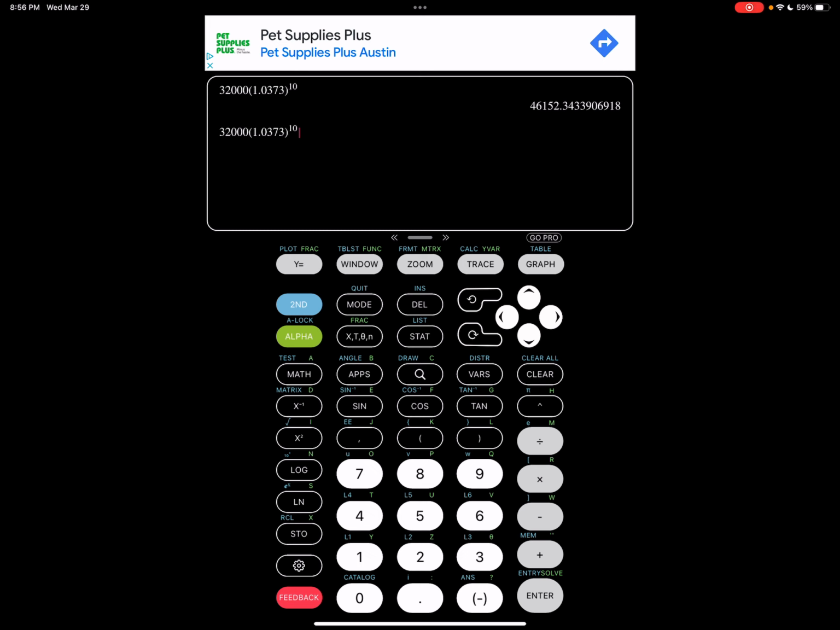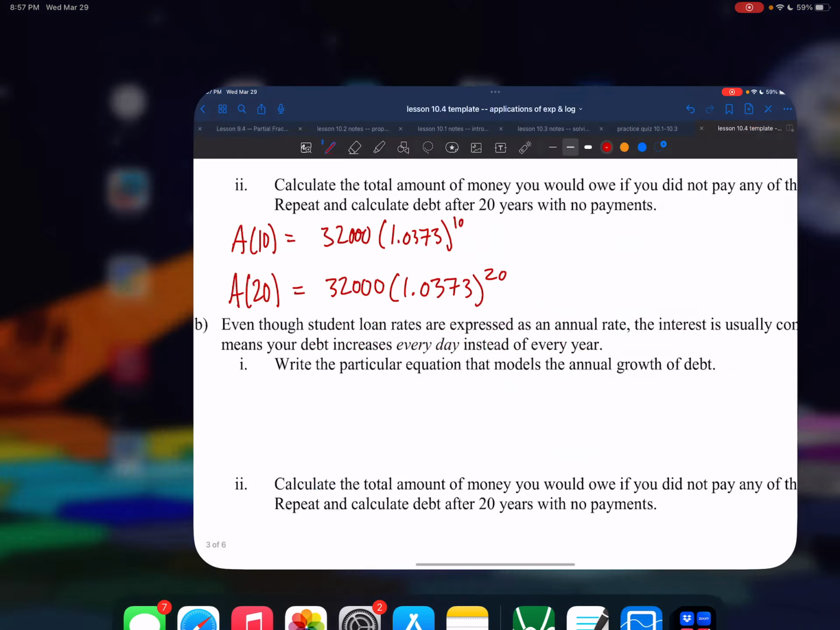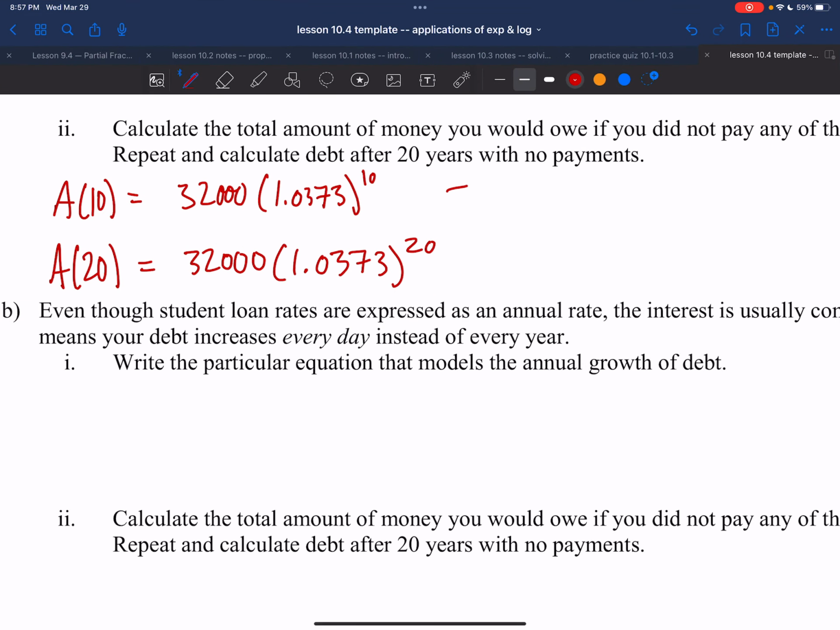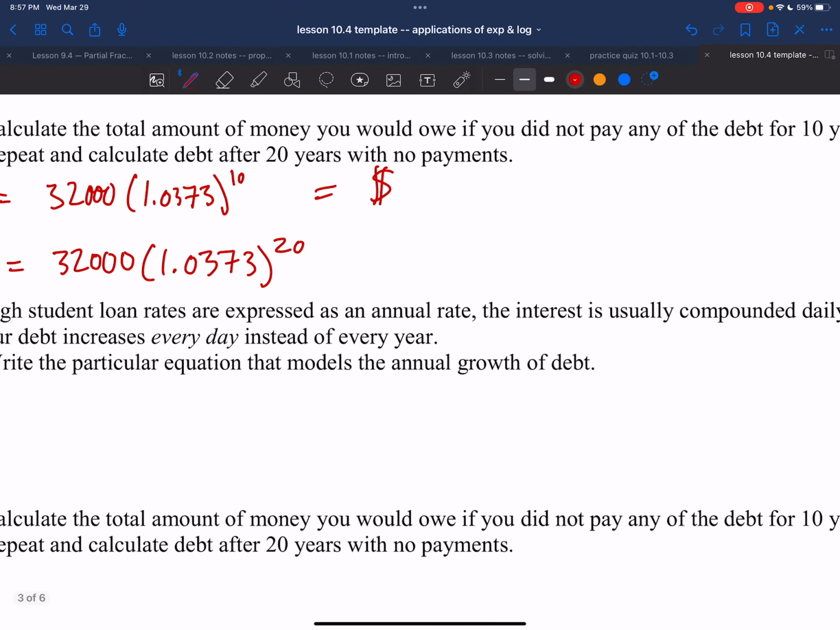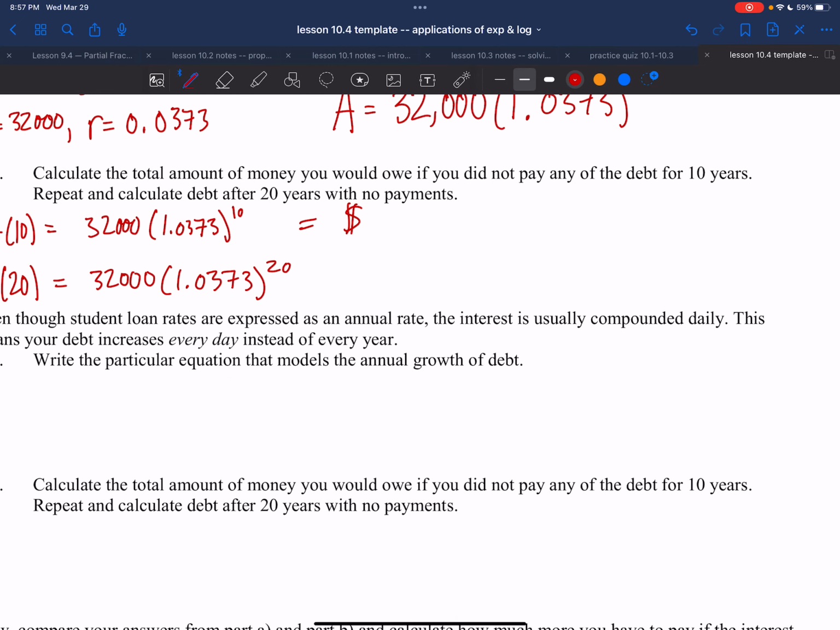Let me enter this again, but then change this to 20, and I get 66,563, or maybe 64, rounding up. So I'll write those down. So after 10 years have passed, my loan has increased to $46,152. If I don't pay anything for 20 years, that's going to be